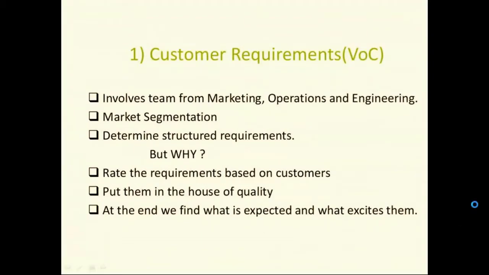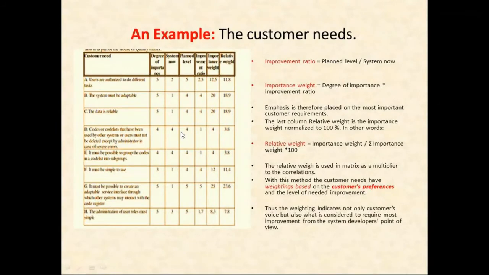Now, this is an example of how it is to be incorporated, how your calculations will be done. First is the customer needs. So the first block, the column, has customer needs 1, 2, 3, 4, 5, 6, 7, and 8. I've just plotted down 8 of the customer needs. Then what is the degree of importance? How much? I am rating it on a Likert scale, 1 to 5. So how important is it? If it is very important, I'm writing it as 5. If it is a little bit less important, but still important, 4. Then below that, I feel it is 3, and 2 and 1, etc.